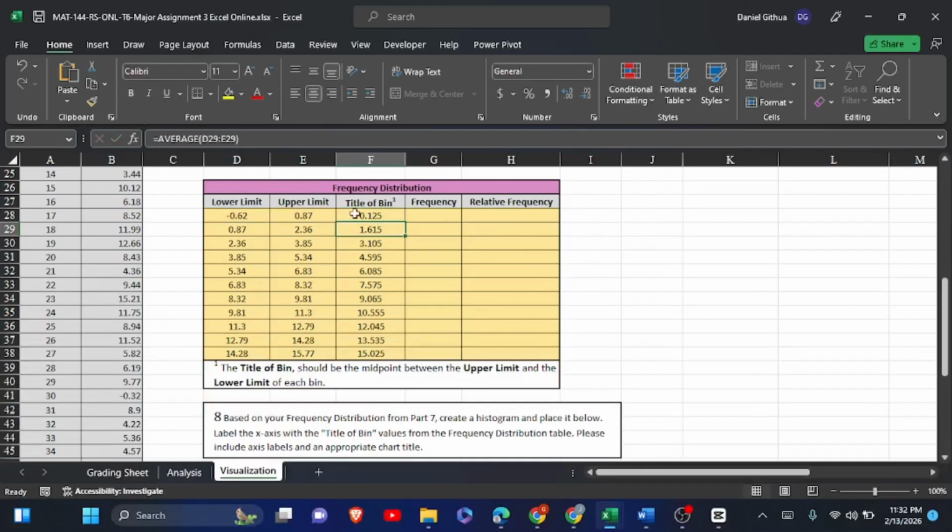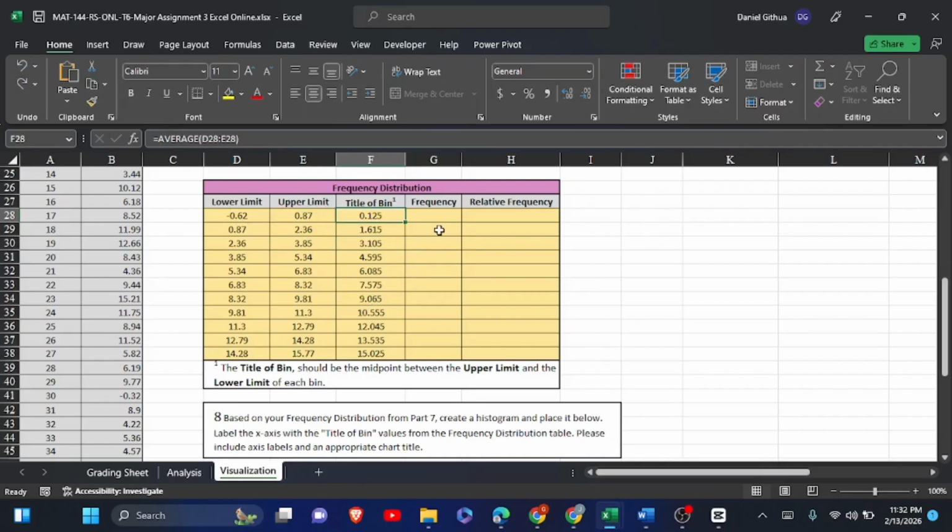You can see the value remains the same. For example, if I drag down, you can see this one will still be 1.615, like that. But anyway, I would prefer using the average one because it's much more accurate and you're not prone to any errors. So I go back. Yes, and that is how you do it, to use the average. So use average to average these two values and you get the